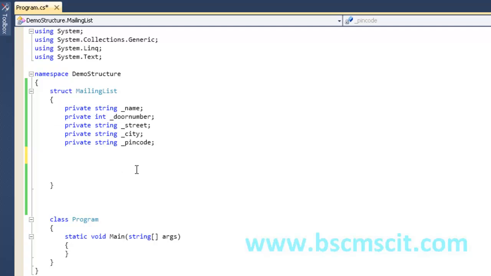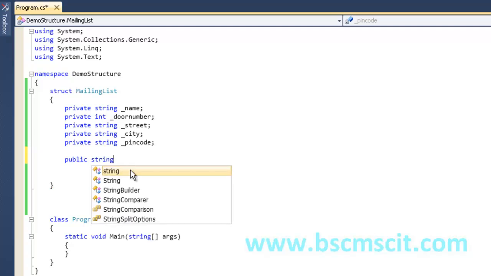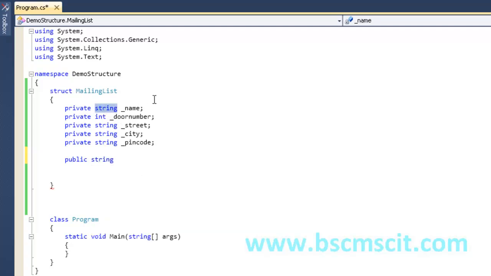So please remember, use properties when you want to read or write anything from the outside world, by using the object of a class or a structure. So let's create the properties one by one for all these variables. So I'm going to create, let's say, public. I'm going to use the access modifier as public here, and data type string, similar to what I have for my private variable name,